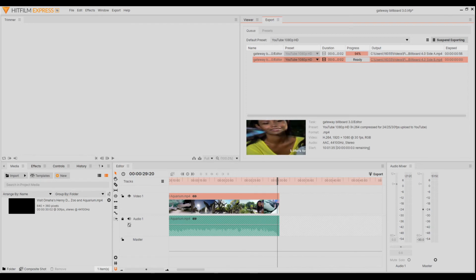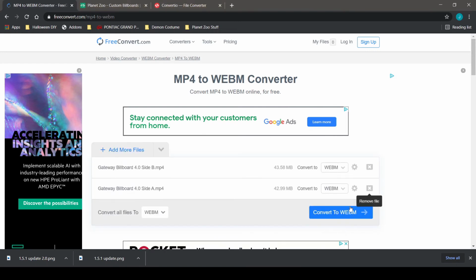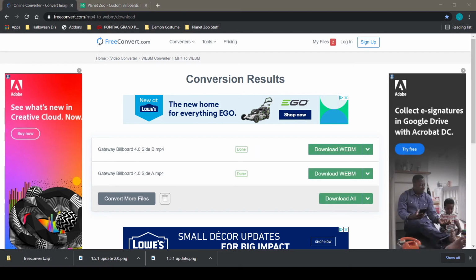Now, while we're waiting for that, the next thing that we need to do is convert this to a WebM. With that, I use free convert. There we go. Open those two, and we convert it over to WebM. Alright, so now basically at this point, you just need to slide it over to your documents, in Frontier Developments,